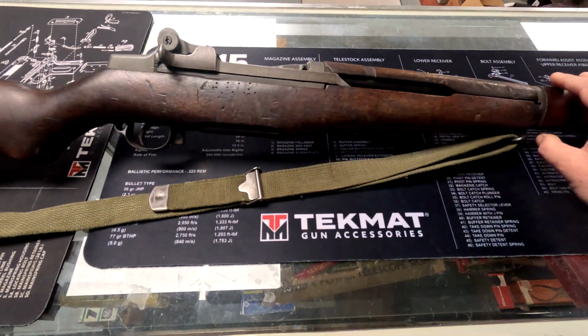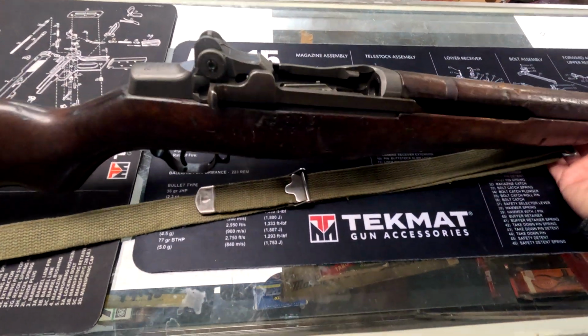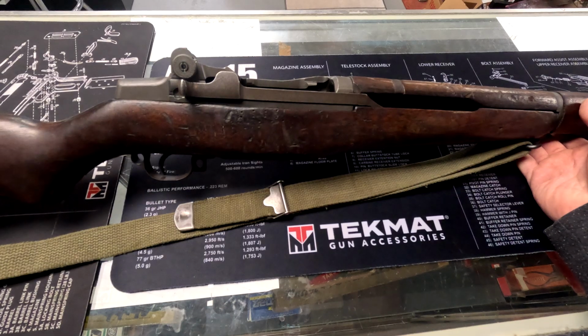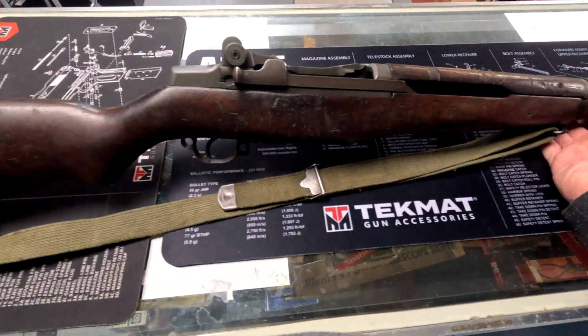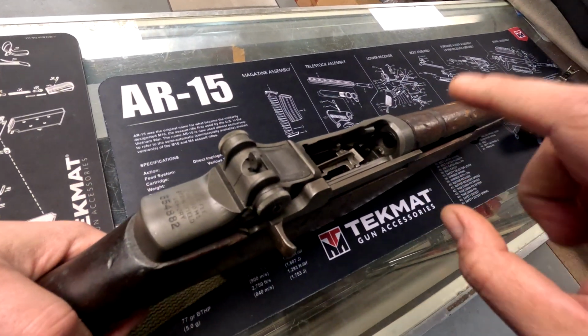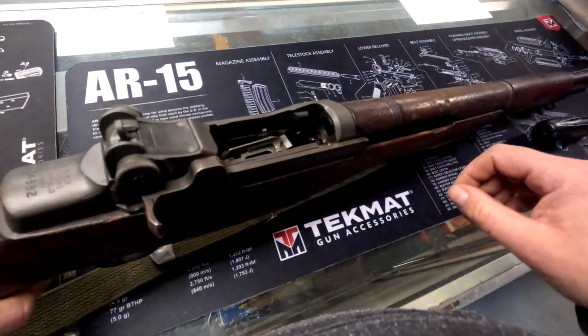Today we're going to do a full disassembly of an M1 Garand, or Grand, however you want to say it. I'm going to strip this down for servicing, replacing parts, cleaning, whatever you want to do, but it's just a full, complete disassembly. First we're checking to make sure the gun is safe to take apart, so there's nothing in